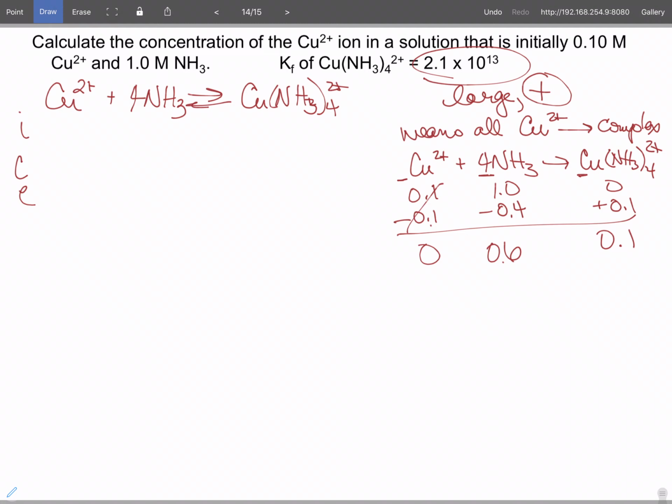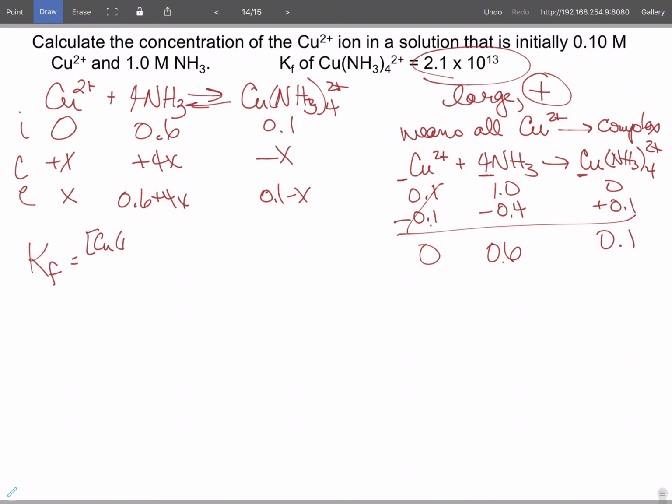So when we come over here to do our ICE table, now everybody realizes that coefficient-wise, if it's 0.1 and it's 1 to 4, then you lost 0.4. So we'll set up our 0 here. We have 0.6, and this is 0.1. So it's going to shift. We're going to gain 4x here plus x. So it's x, 0.6 plus 4x and 0.1 minus x. This again is our Kf, which is equal to our complex over my copper times my ammonia to the 4th, equal to 2.1 times 10 to the